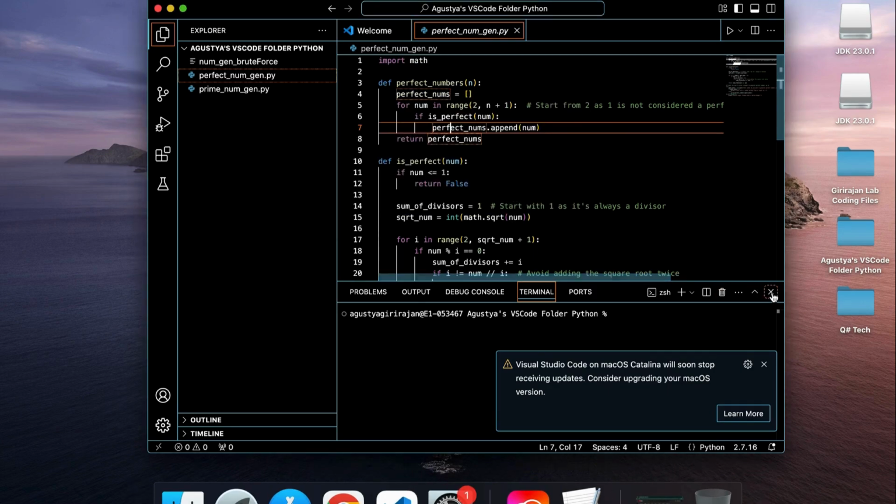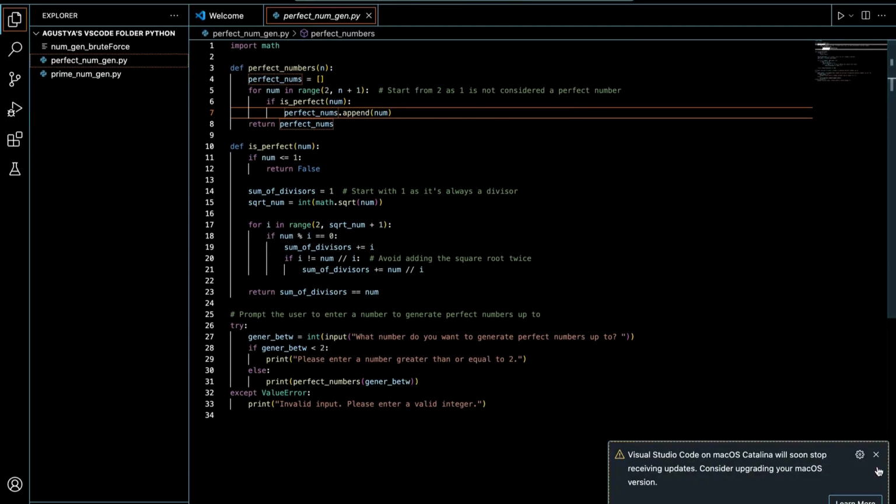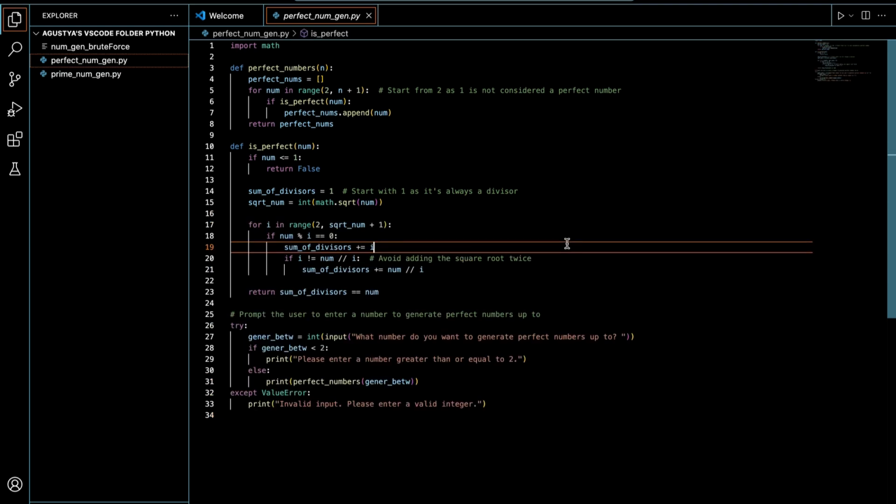Okay, yeah, that command line thing just keeps popping up, interfering with everything. Anyways, and I'm not even using the command line. Okay, anyways,